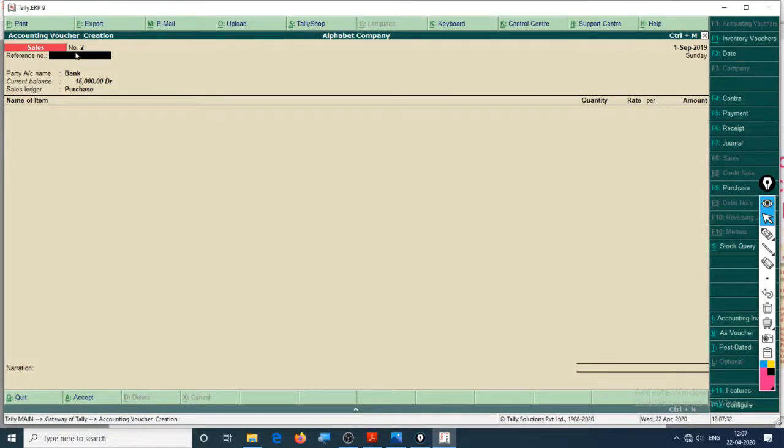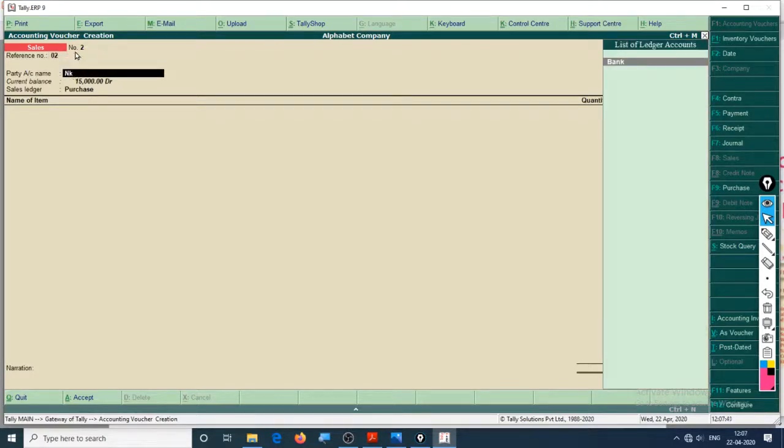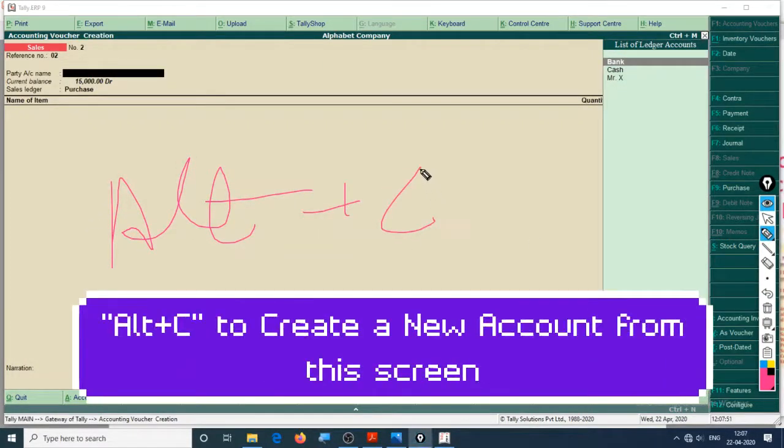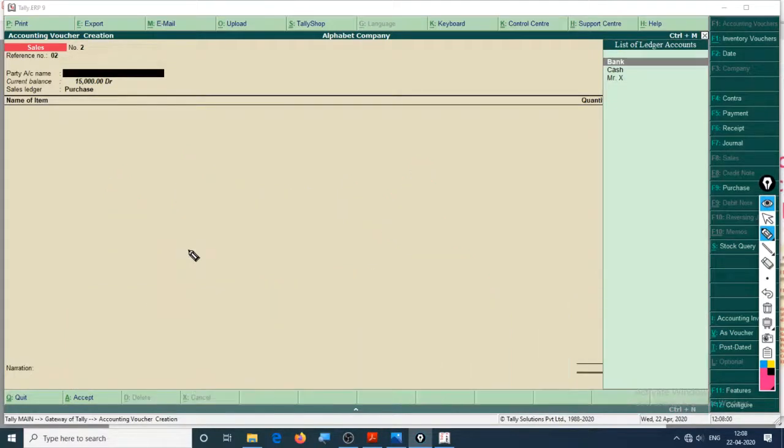It has automatically shown this is sale number 2, reference number 02, party account name. As we don't have the party, Mr. Y, we will create that ledger with Alt+C. Directly from here you can create that ledger, but we are not going to go into that because this is much easier and faster.